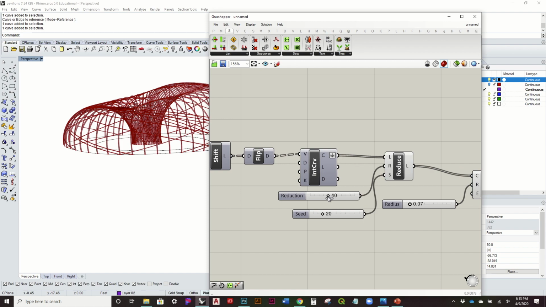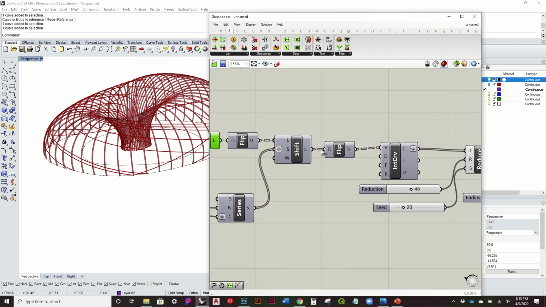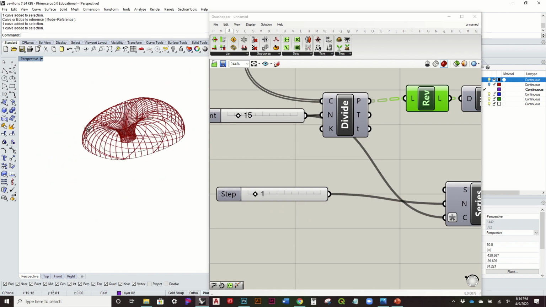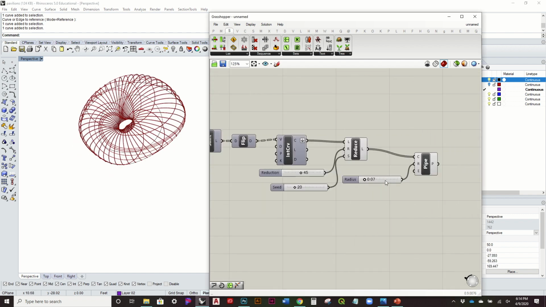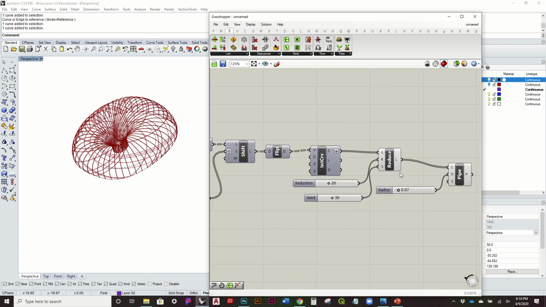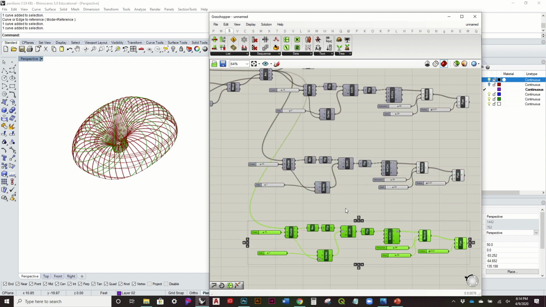If I want, I can reduce even more. I can change the step size, and maybe it's just 1. Right, so this is where, again, you get to have a lot more variation to this. I'll play with the different seed configurations. So maybe you want to have this one a little bit more dense. I don't know. You have a lot of freedom doing that, where, again, I'll still stick with that reverse one, but